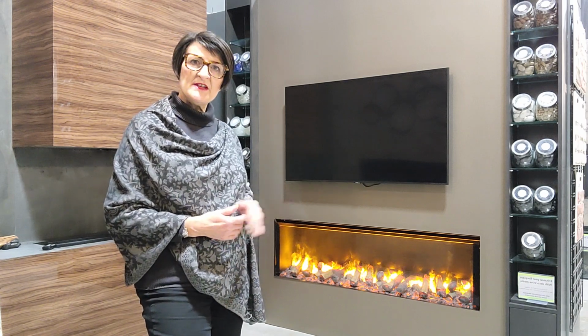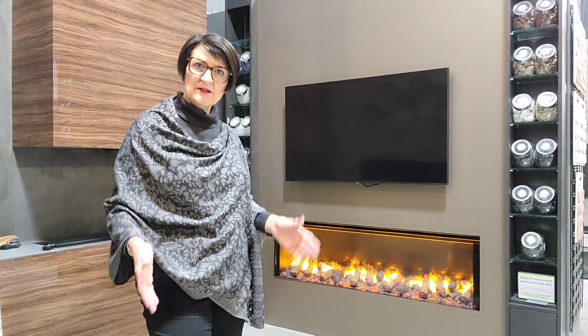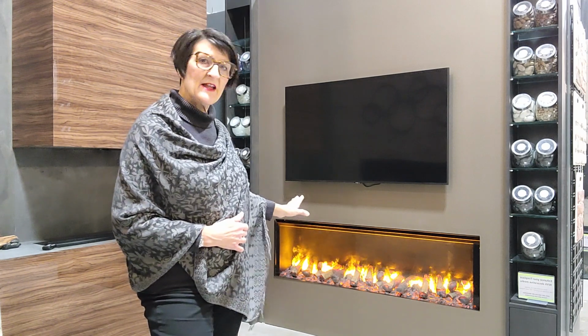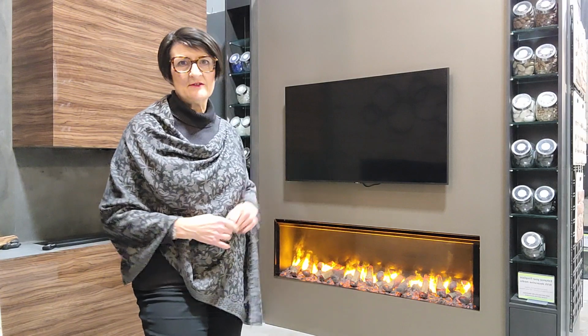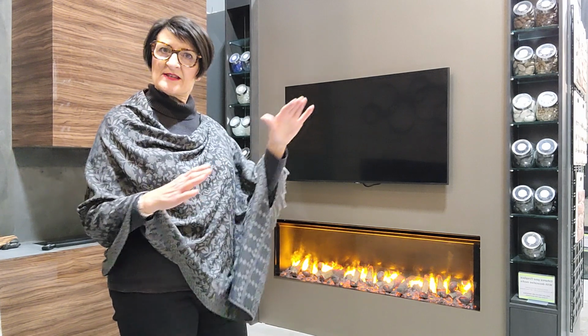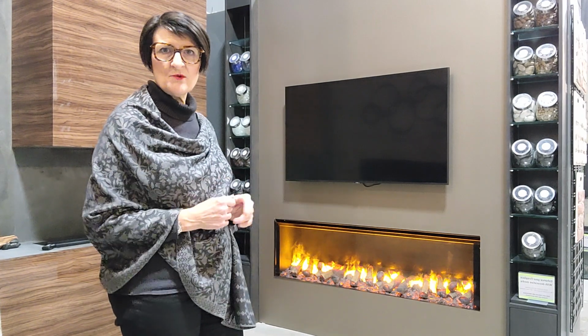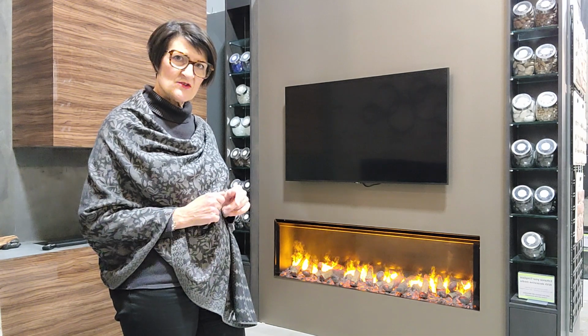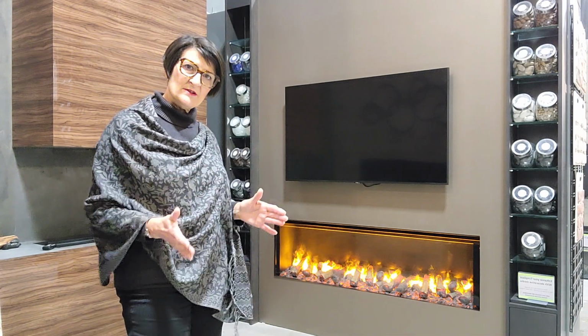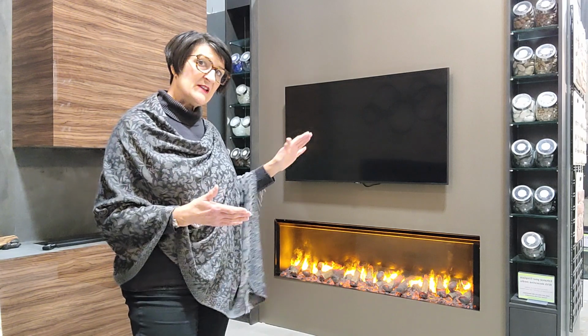So if I put a 50-inch fire underneath this TV, they'll line up pretty well, and that's the bare minimum. If I can go wider like this 60-inch fire, it's going to look more balanced. And that's especially true as the TV gets bigger. So as I get into a 65-inch TV, the actual width of the TV is just under 60 inches. My 60-inch fire will be a very similar width, it will line up,